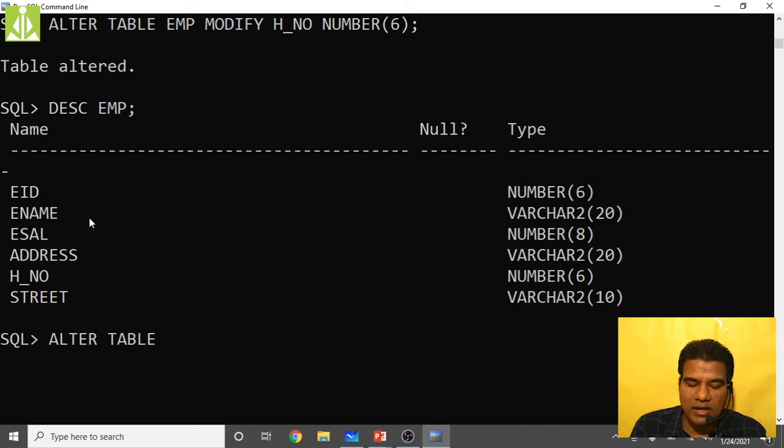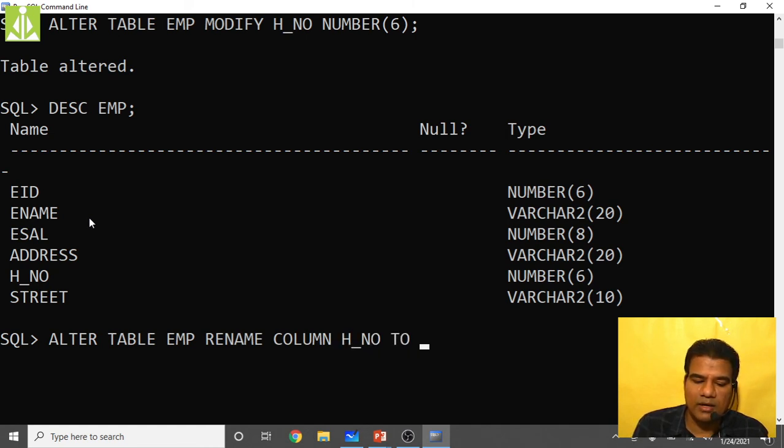ALTER TABLE emp, RENAME COLUMN house_number TO door_number. House number to door number I want to make it. So ALTER TABLE employee, RENAME COLUMN house number to door number. That's it.